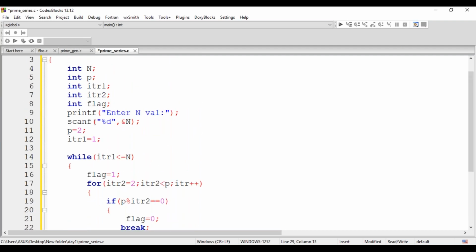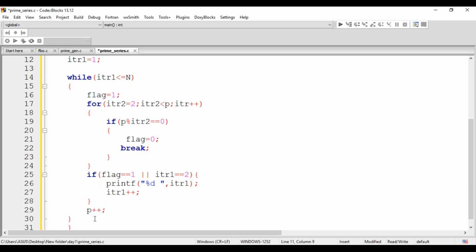Okay, for prime checking, I'm going to take a number like 2, 3, 4, 5, 6. As I know that this particular prime number can be generated at any number, I just keep on incrementing the prime number whenever I enter inside a loop. So if it is a prime number, I print it and increment my ITR count. If it is not a prime number, then your number is just going to keep on shifting to the next number in order to check whether it's a prime or not.